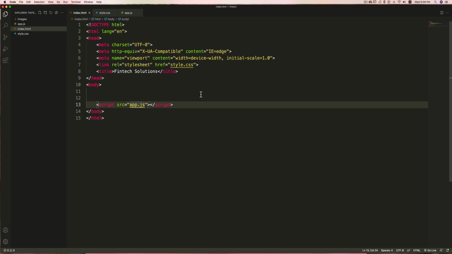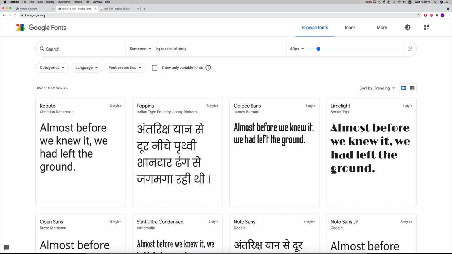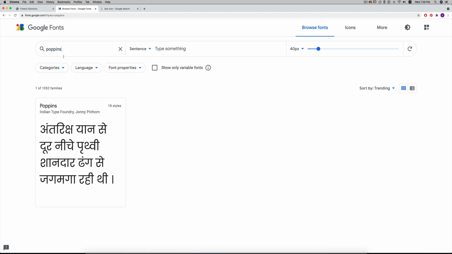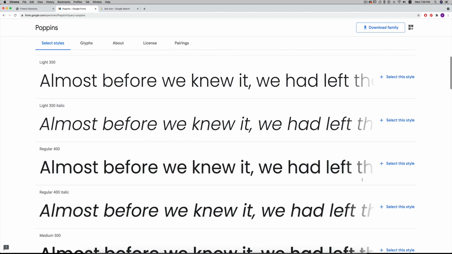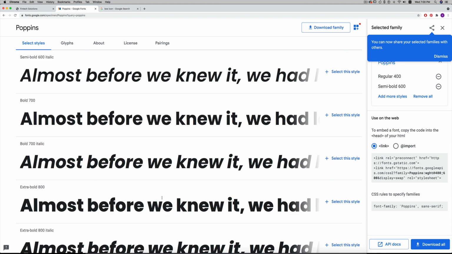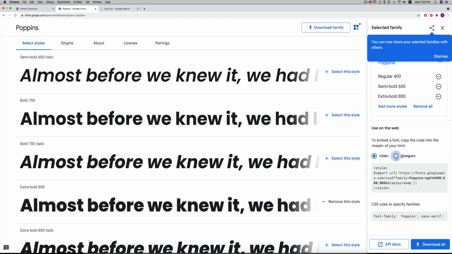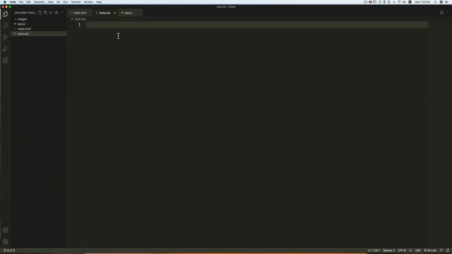Before moving on, let me first add the font that we are going to use. It's a Google font, and also I'm going to use box icon. So let's go to Chrome and go to font.google.com. Here search for Poppins. So this is the font. Click here. Choose the 400 version, this one. Then 600 semi-bold, and then this extra bold. Now click on this checkbox, import. You have 2 options to link the font. You can either paste it in the head section, or you can import it in the CSS file. I'm going to import this. Just copy this, go to CSS and paste it.